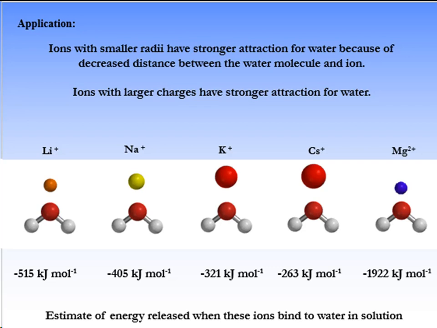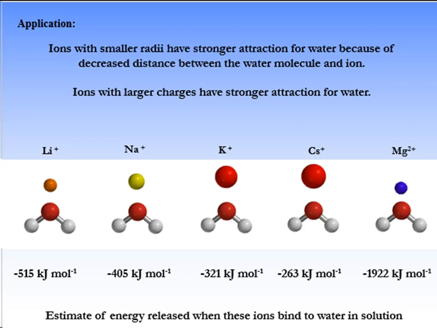It's +2, whereas the others are all +1. Larger charge, larger strength of attraction between the ion and the dipole. It's going to release more energy when the magnesium and the water come together. So that's going to have the highest hydration enthalpy. That makes sense. If we look at the other ions involved, we see they're all +1, and yet we still